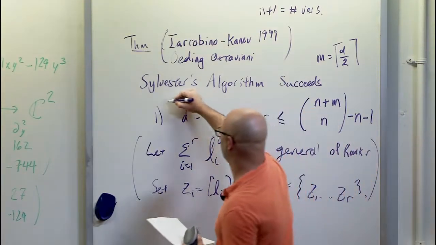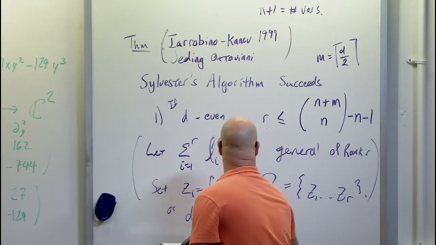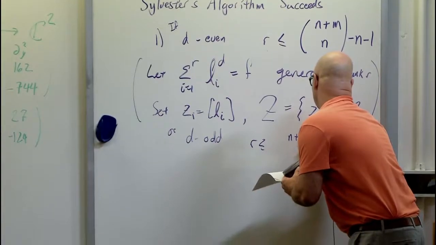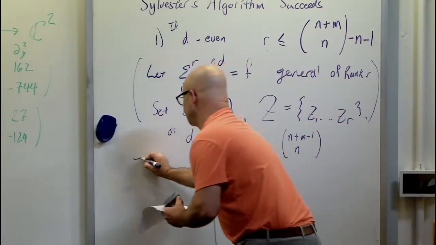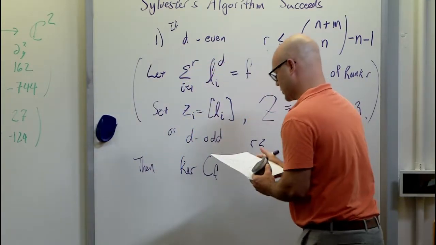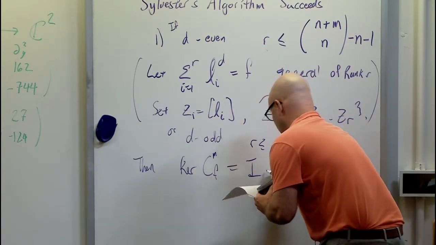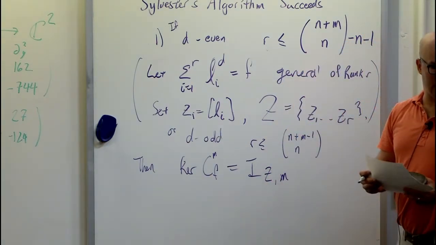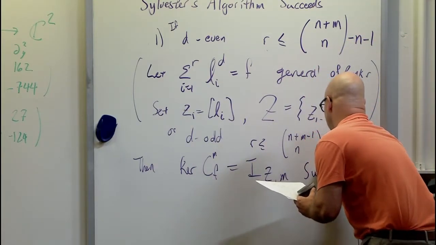So if D is even or D is odd, and R is less than or equal to N plus M minus 1, which is N, with no extra subtraction, then the kernel of C_F, the most square catalecticant, is equal to the ideal of degree M, the ideal of polynomials of degree M vanishing on Z. So this is a subspace